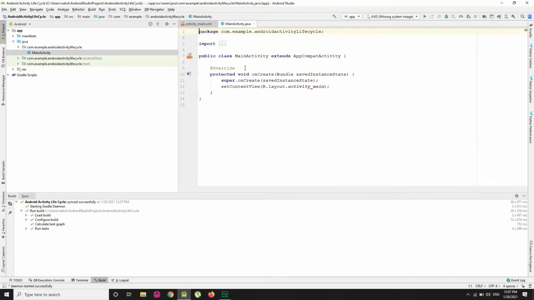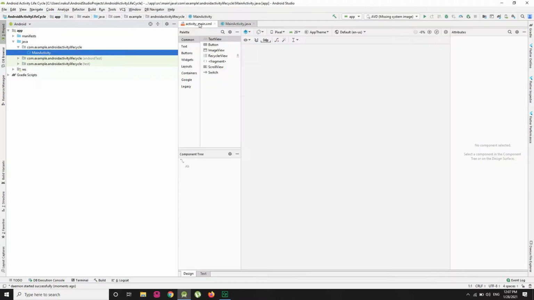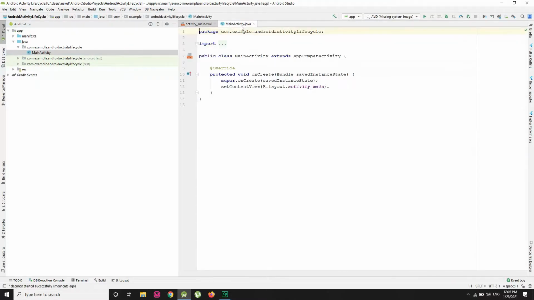So we have Studio here and we have our two different files. One is the layout file and another one is the Java file. Now in this tutorial I am going to explain how to implement the Android activity lifecycle.